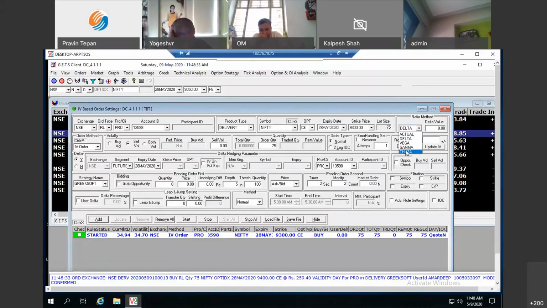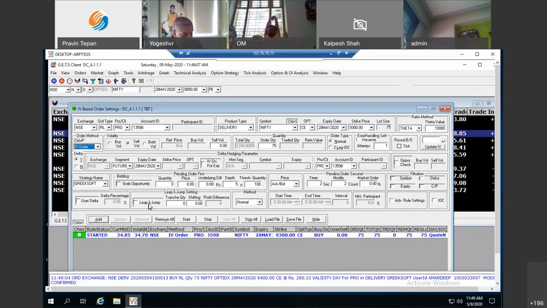Now people do it theta wise. They sell as per the time value. So say for example, if I have to do it for say 10,000 theta value, it is auto adjusting the quantity. You can see 1200 quantity. So traders are using this particular feature extensively to trade on a particular strike, as per theta value, as per Vega value, as per delta value, and it makes life simple for them.